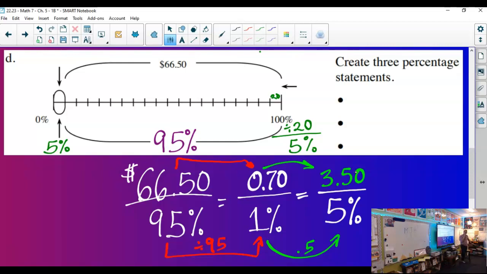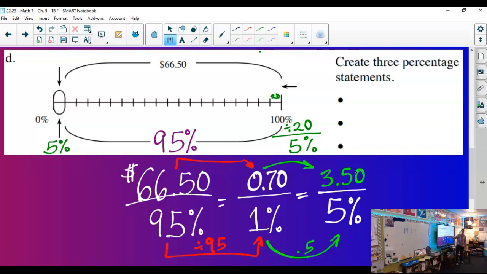Xavier, could you just divide by 90 instead of the 95? Why would you be dividing by 90? Because there's already 5% there. So if you take 95 and divide it by 90, you don't get 5%. Right? I think what you're thinking of is subtracting, but I can't subtract percent from